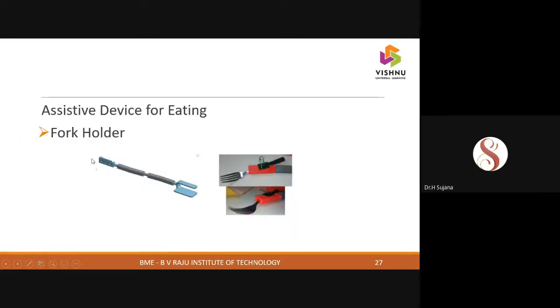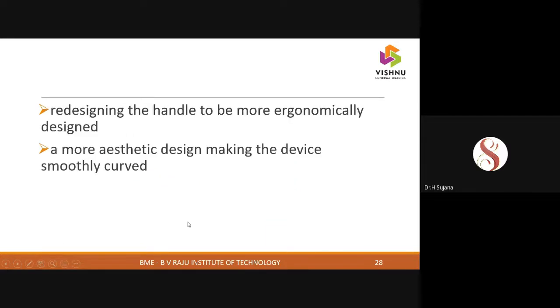The figure you see here is a CAD model they developed for a fork holder, and you can see a 3D printed fork holder and how the fork is connected to it. It was given to the lady in the second meeting, and they said, okay, use it, give your feedback. In the third meeting, which was very critical,